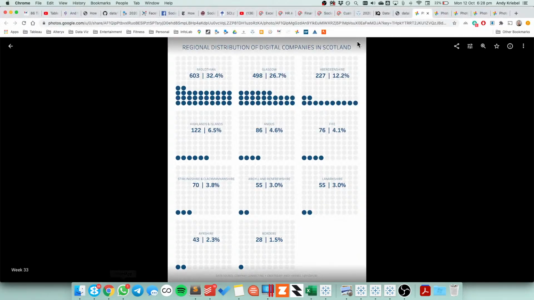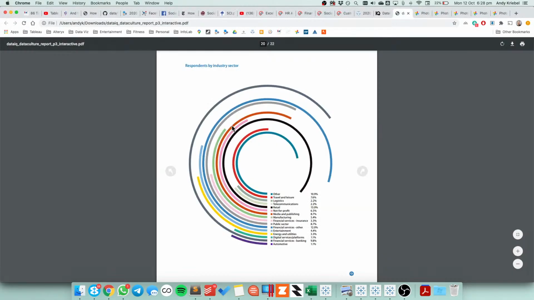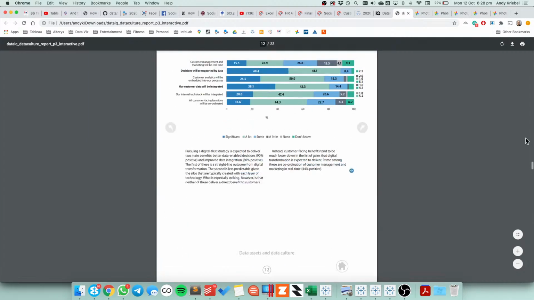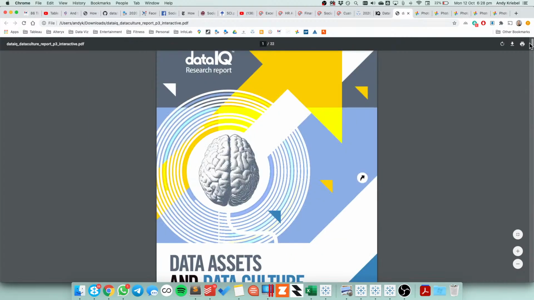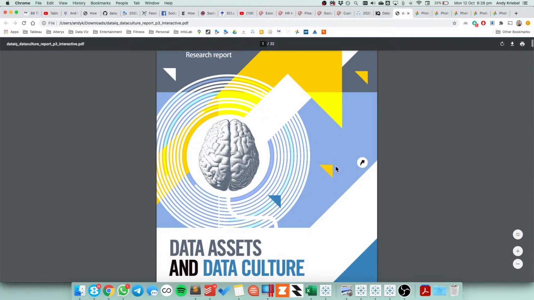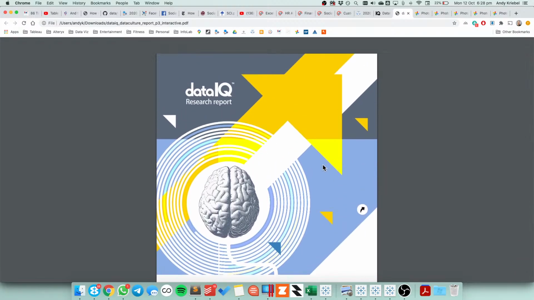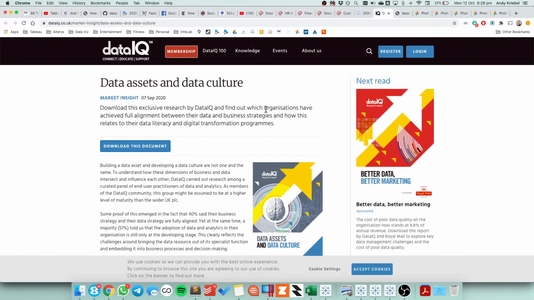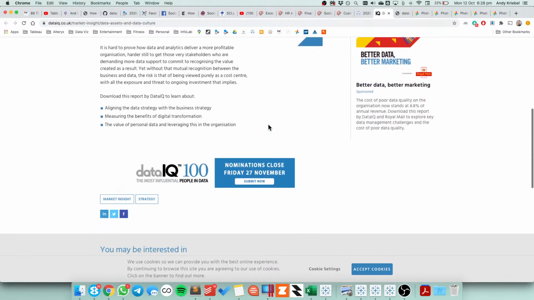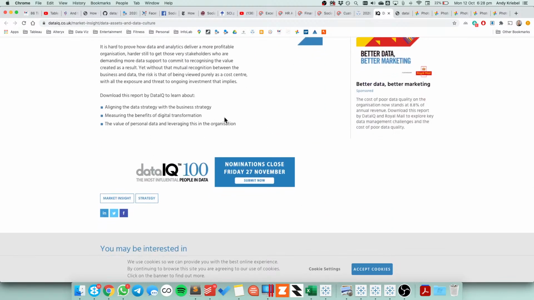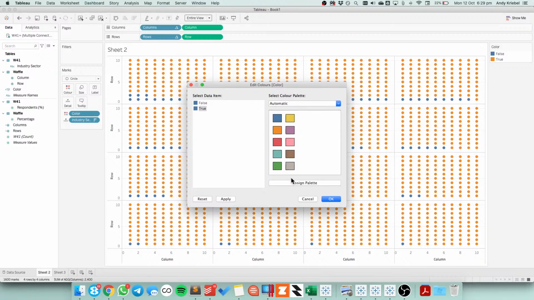Actually, let's go back to the article and see if they have any kind of standard colors for their color palette. Yeah, so they don't really have any. Let's see, DataIQ. Okay, it doesn't really look like they have any kind of logo or anything. It just looks like black and gray. So maybe I'll make the